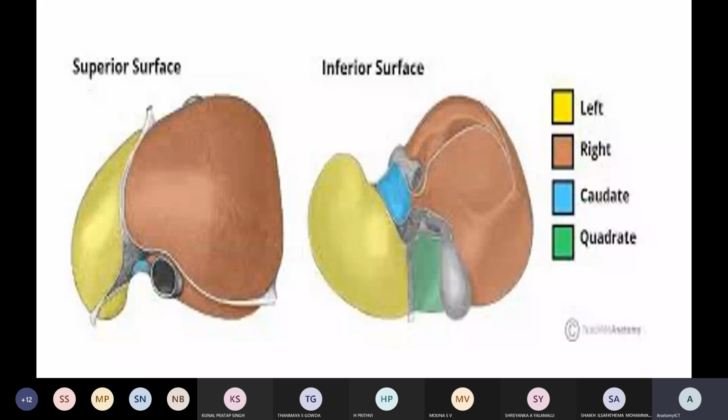So when we discuss the liver, why is this inferior posterior surface of the liver called the visceral surface? Because these areas come in relation to different organs. That is the reason it is called the visceral surface. For example, the small lobe, also called the left lobe of the liver, on the inferior surface, the maximum portion comes in relation to your stomach, right? Stomach.